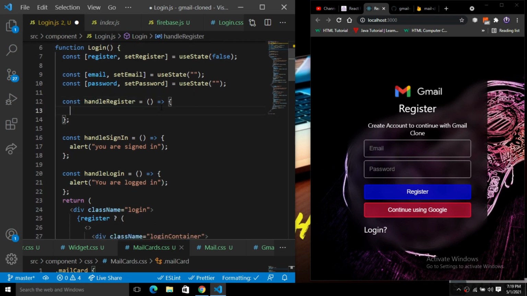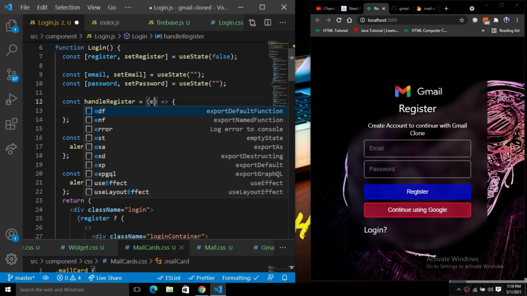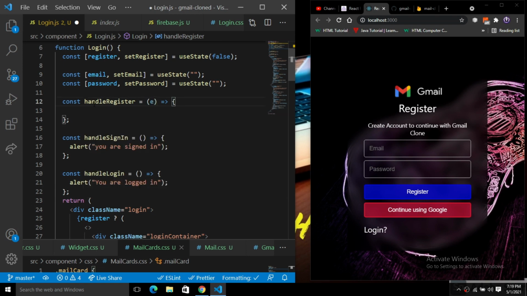Here you have to add three things. First of all, if you see here we have this register, we have to simply pass the email and the password, and then we will click on this register button, right? So we have this email here and we have this password here. Here we will add the quality check that will simply validate. It will take an event object here. It will just validate whether we have email or password or not. So we will simply validate it.